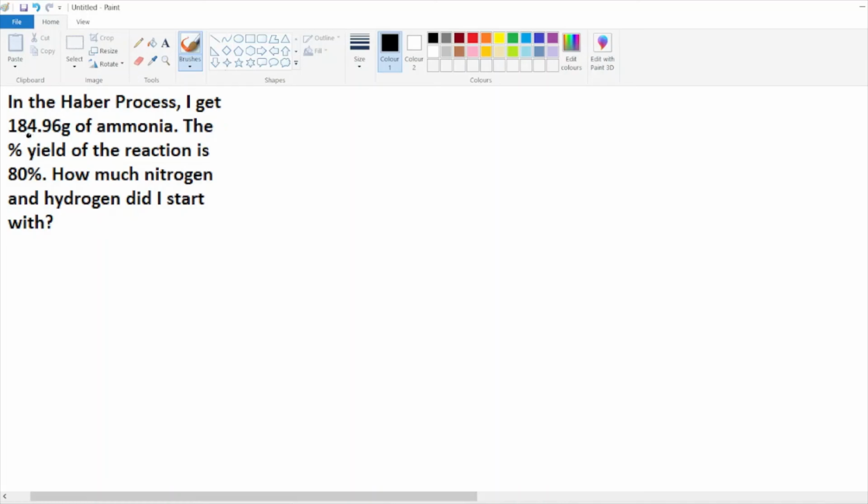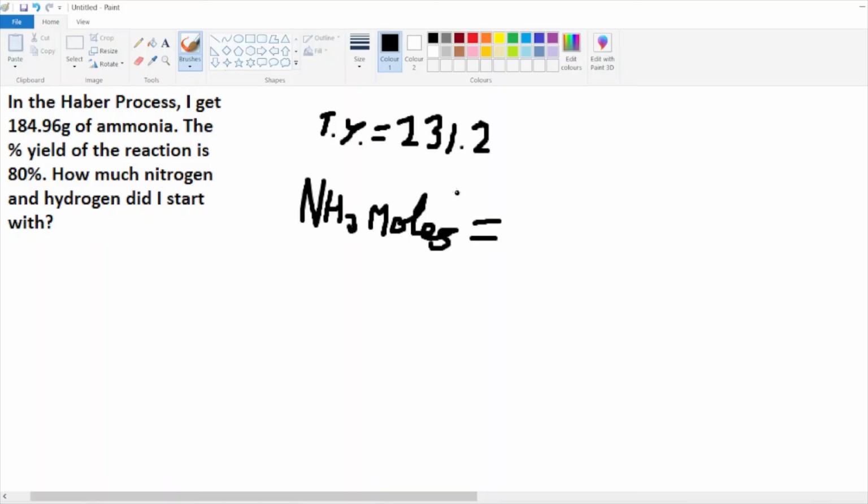So we're going to rearrange our percentage yield equation. Do 184.96 divided by the percentage yield, but we need it as a decimal, obviously, so 0.8, and that gives us a theoretical yield of 231.2. So now we have our theoretical mass of ammonia, and we can also work out the relative formula mass. We can work out the number of moles. So 231.2 divided by 17 comes out to be